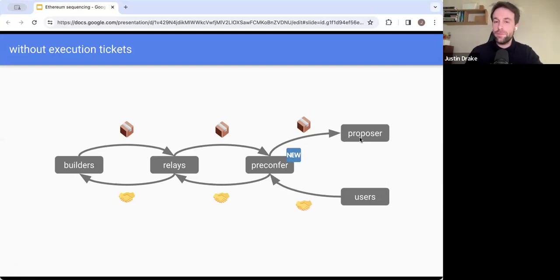Now let's say that the proposer today is connected to 3 relays. Let's say Flashbots, Bloxroute, and Ultrasound. Well, what they're going to want is the pre-confer to just share with these 3 relays, because those are the 3 relays that the proposer trusted. So in some sense, the proposer can impose their preferences on the pre-confer. The pre-confer is being elected by the proposer, and if they don't provide a good service and they don't connect to all the relays that the proposer wants, well, guess what? The proposer will just change pre-confer and select something else.